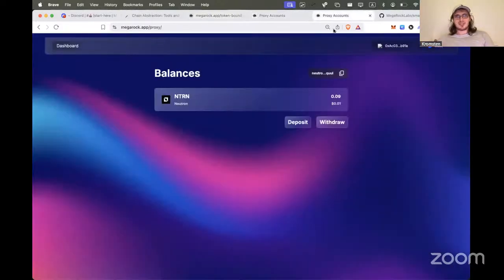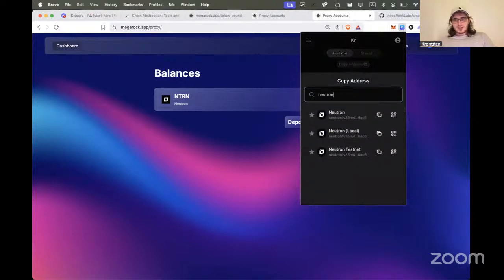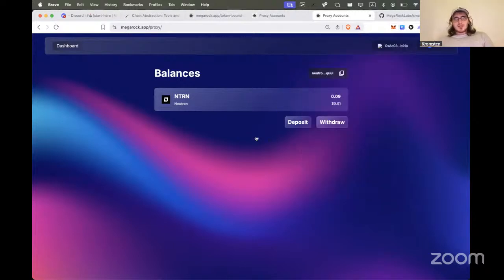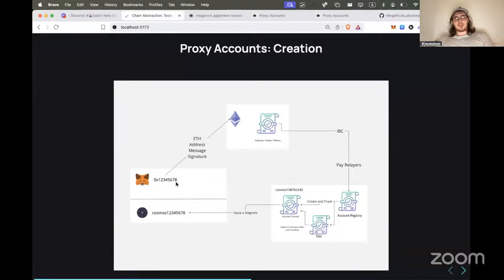But for example, here I already have a created account. Let me get my Neutron address. I imagine the account creation can be visualized like this. You would ask for a signature, that's proof of ownership of the Ethereum wallet. And then you ask them to talk to their native chain, in this case the Base network.